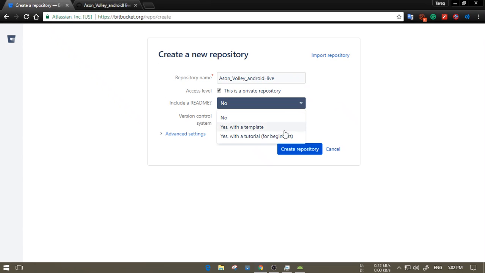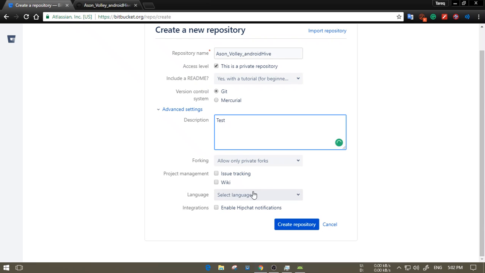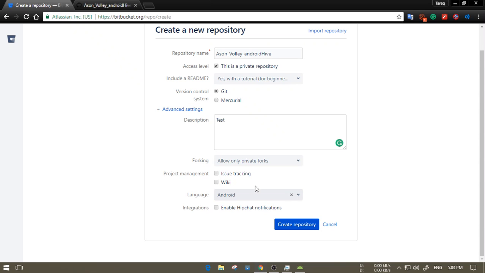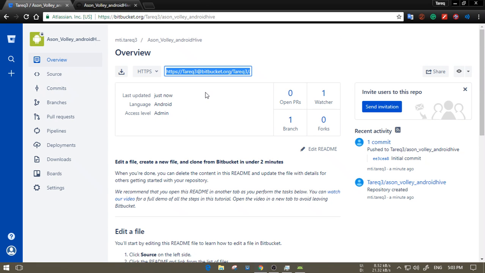Now there is some mandatory thing you have to do. The first thing is you have to include the readme. Without that, no pull request can be done. So this is really important. And now the description, and after that you have to change the language to Android. These are the two things you must do. Okay, so just create your project, and now copy the link from here